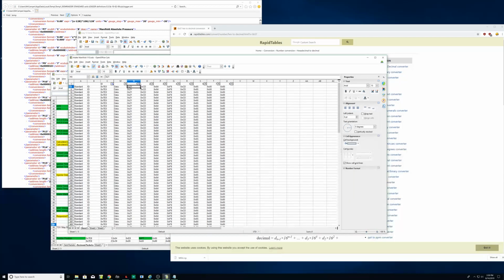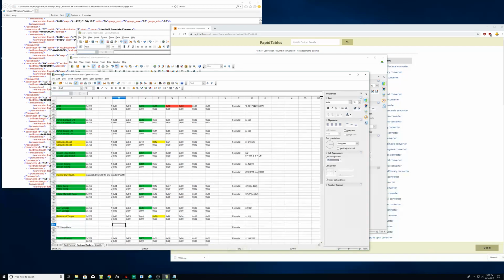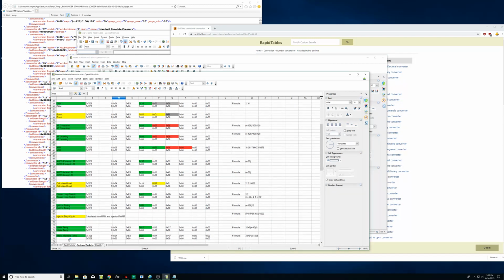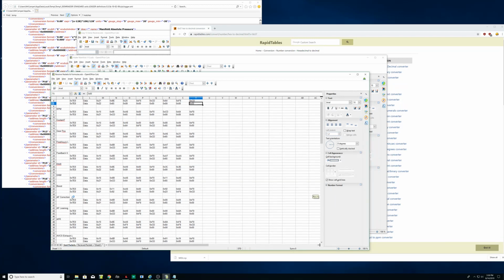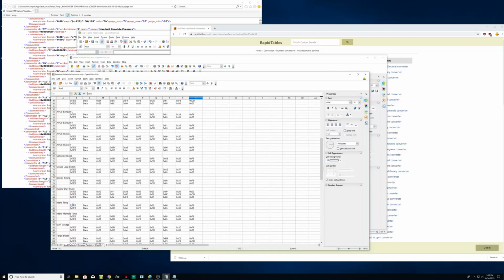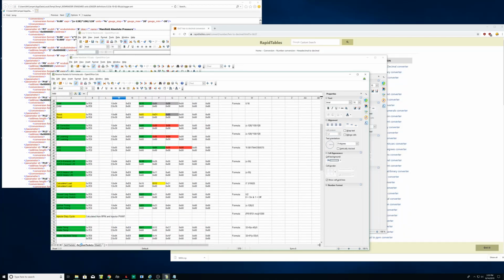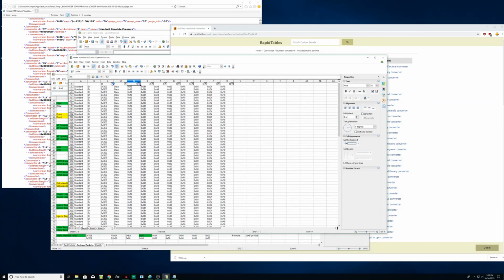So I'm going to copy each of those packets and put them in a spreadsheet where I can keep them safe. I've done that here, and I've created a sheet called sent packets. It's kind of like my library of packets, and you can see here intake manifold temperature. So I've placed it here, and then I'm going to go back and look at